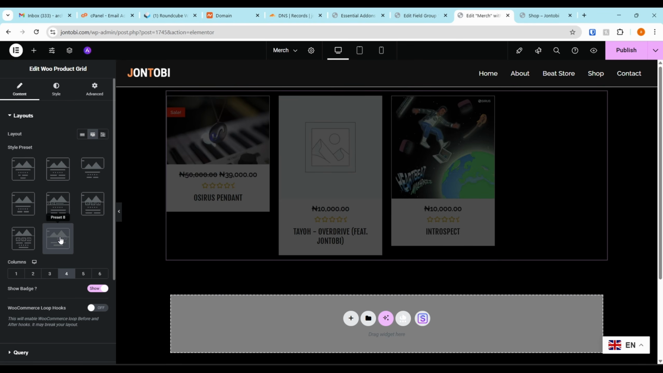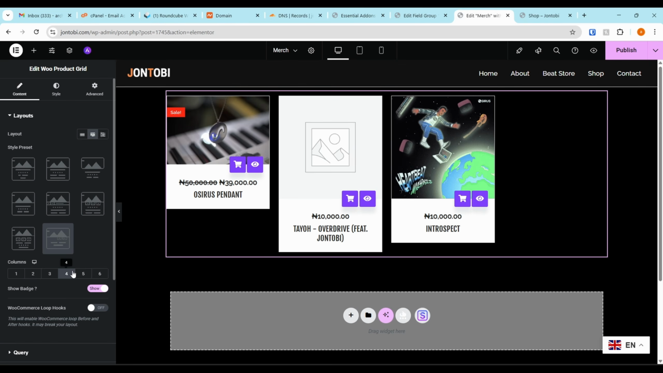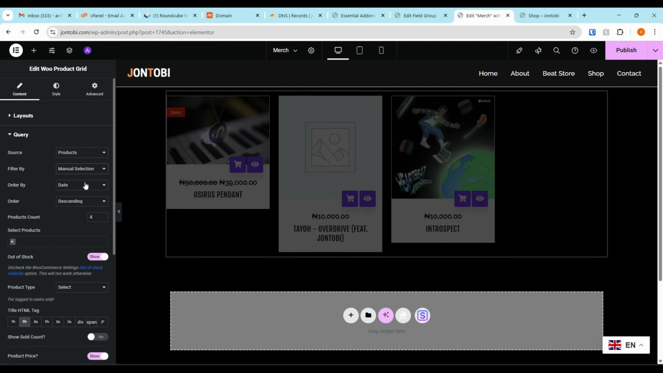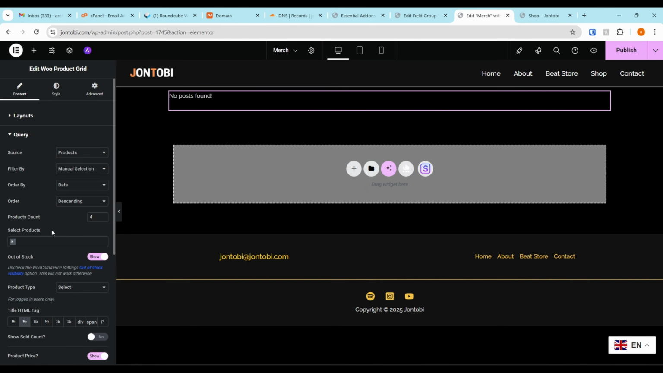I really like this one. Yeah, this one looks nice. Then let's query manual selection, or we can select